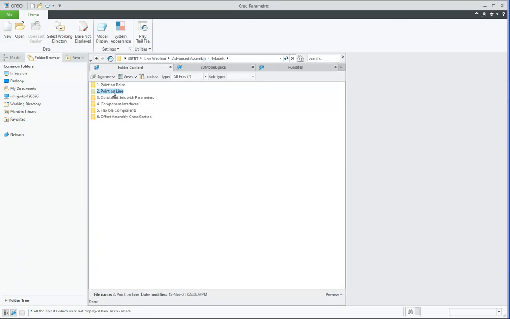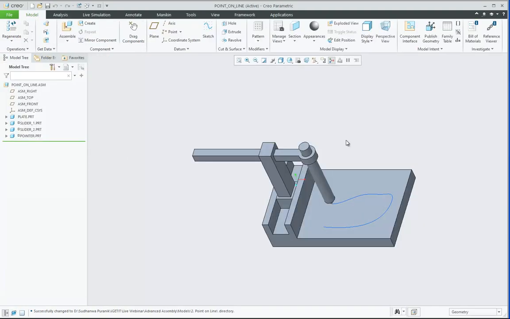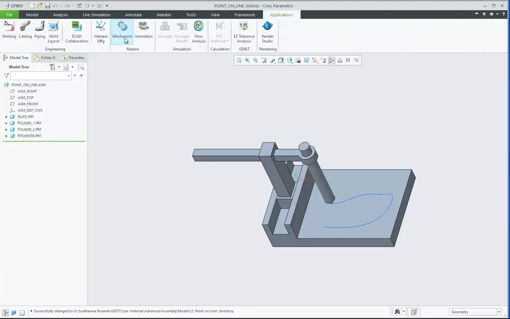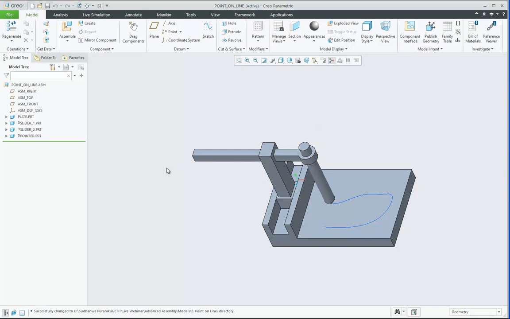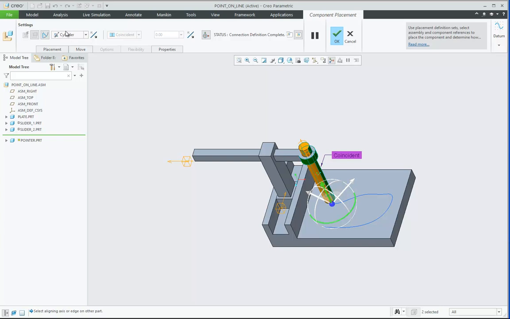that is constraining a point on a line. So this is my assembly, and you can see that there are mechanism connections available, two sliders and one cylinder. Now for this pointer there is already one cylinder connection created.